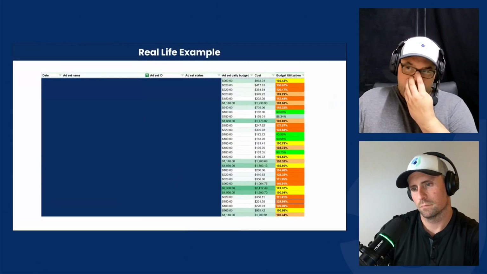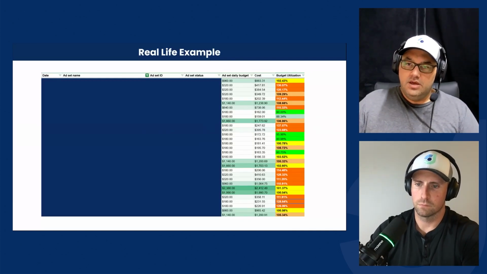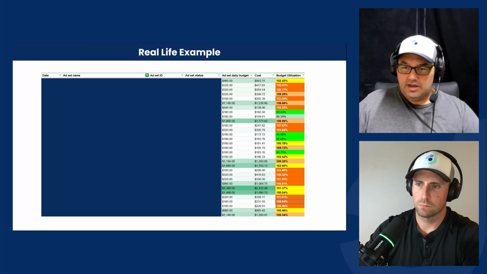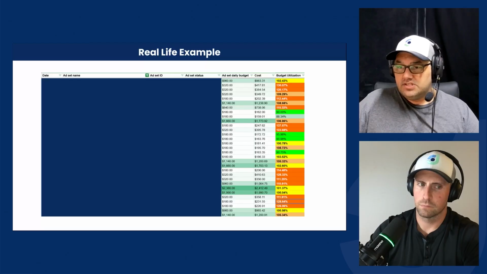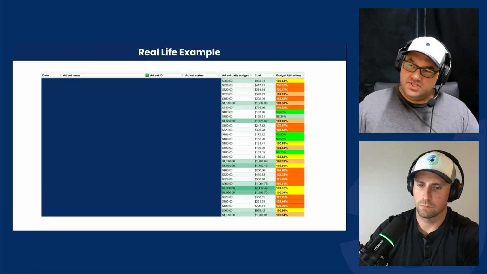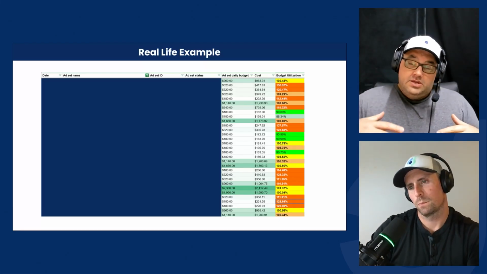Let's take a quick look, John, at what a real life example looks like. Here, this is some of the data that I have been building on a daily basis for an account we're running. And you can see here, we've got almost 140% on some of these ads in terms of overspend. I'm monitoring this because this is an indication of what kind of cost environment we're in. Sometimes it varies.